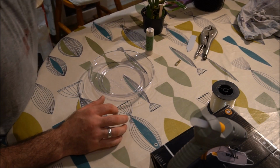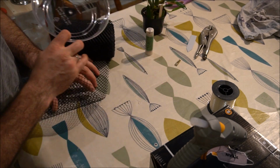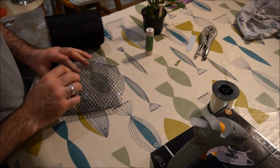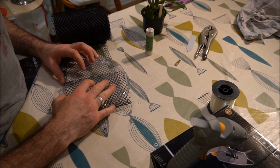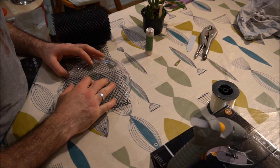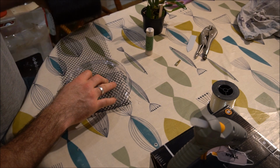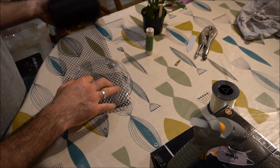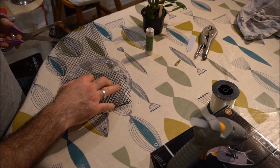Okay, so the first thing we're going to need to do is roll some of this out. Now this has to be long enough, so it's important that we've got enough to go around to the halfway point of the saucer. There's a little bead of moulding in the middle there, which is going to define where the centre of our saucer is. So we need to make sure we've got enough of an overlap of this material, because we're going to stick it to the back of the saucer. So we'll just let that flop off down there for the moment. So what I'm going to do is cut